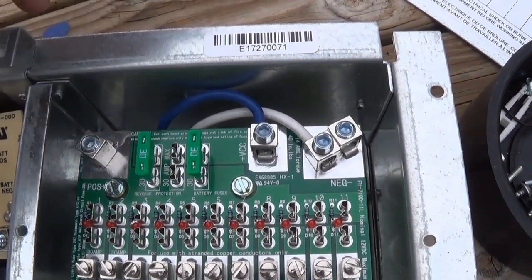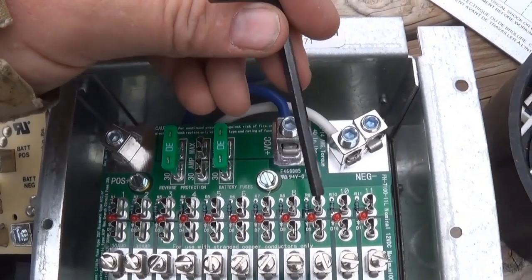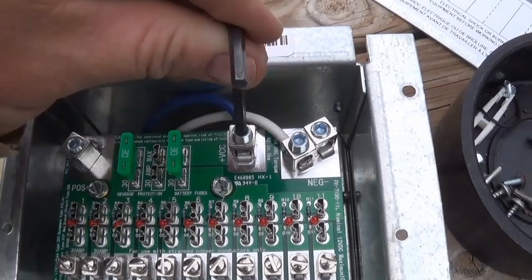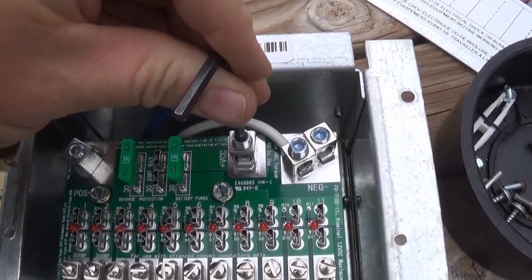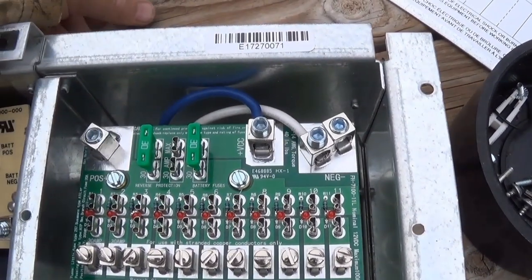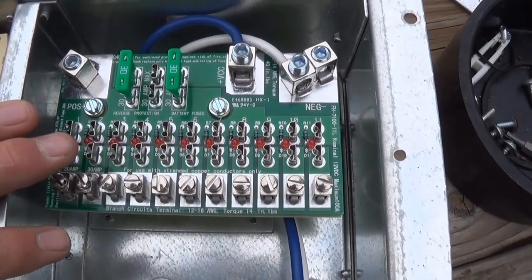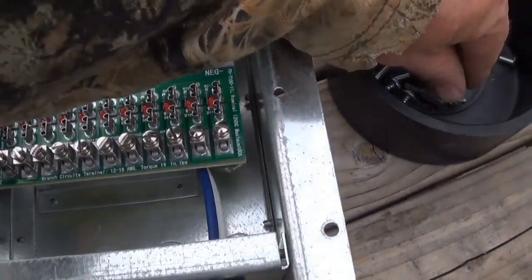So I don't know what that means. I'm assuming that there's metric and standard on the Allen wrenches, but the 4 fit in there absolutely perfect with no play. So we loosen those guys up, and I'll still have to loosen these guys. Now one other thing I wanted to point out too was